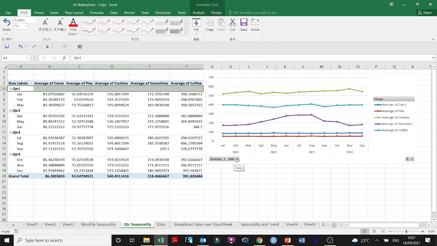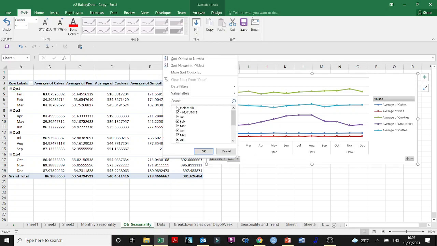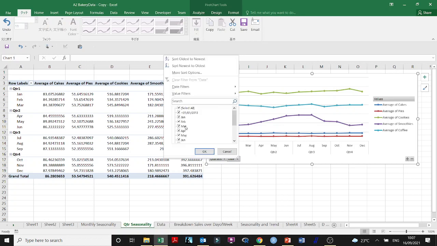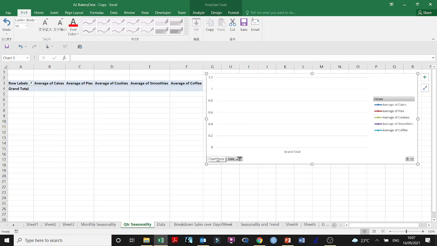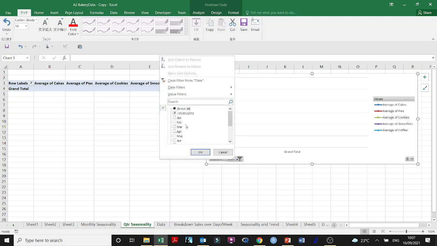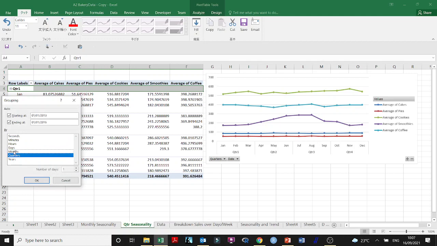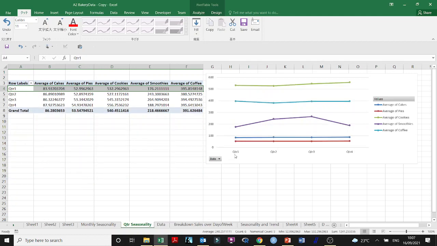So I can just get rid of months and then, oh, it's still there. So you can't play around with the system. All right. So I'm gonna just get rid of the grouping again. I just wanted to make sure that I have quarter 1 is January, February, March,